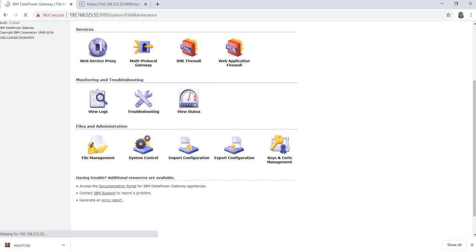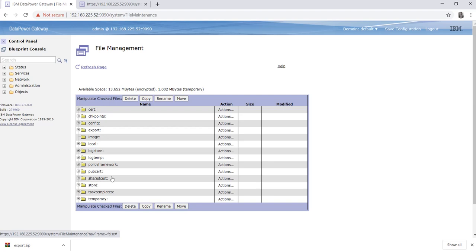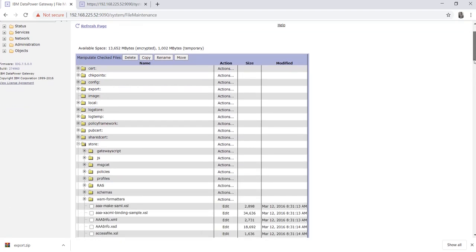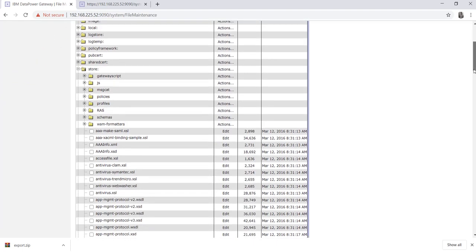The next directory structure is store. We covered pubcert, shared cert, and now the store. Store is basically a file directory structure, or we can say it's the DataPower system inventory file system. DataPower needs to perform some operations.